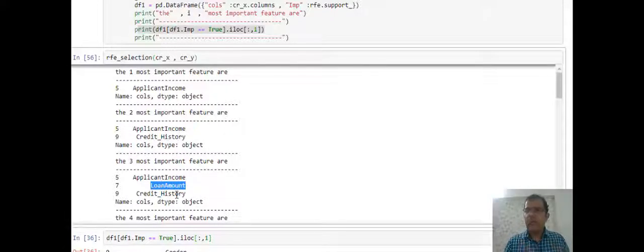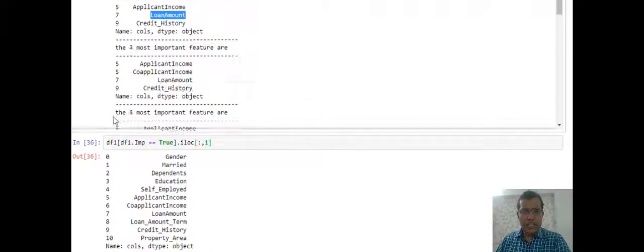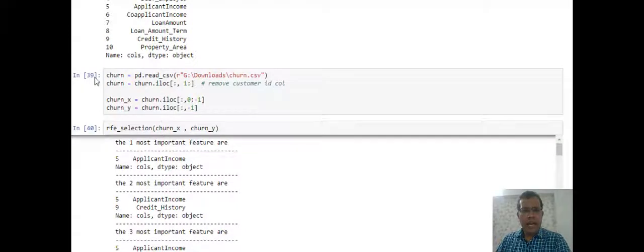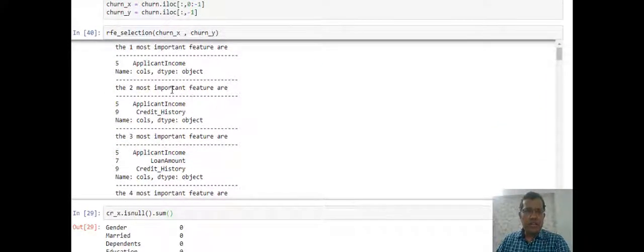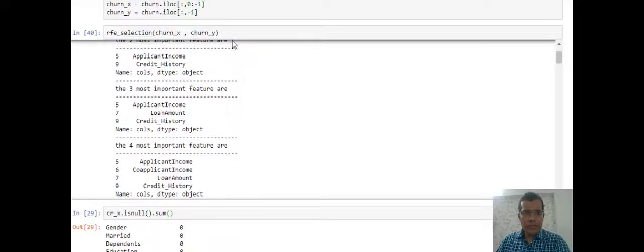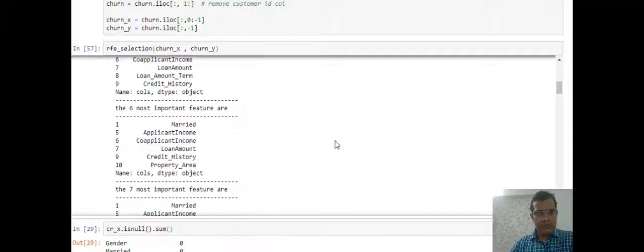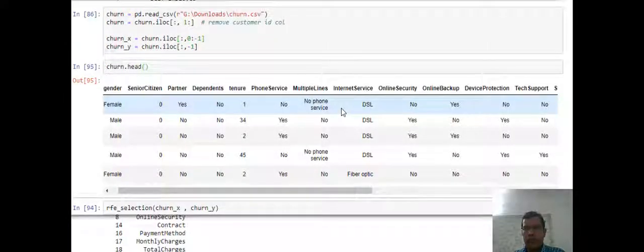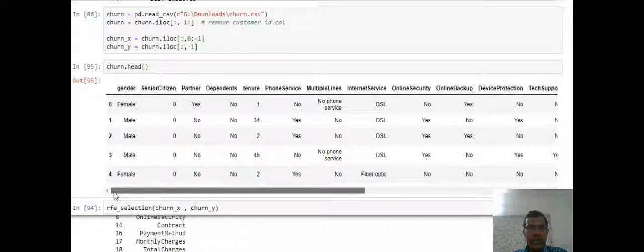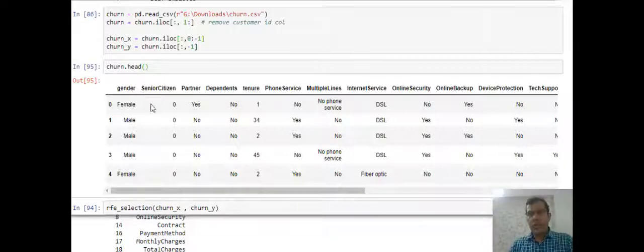And similarly, I have done it on my churn data also. So over here also, if you notice, let's give a try on another data set, that is your churn, and these are the variables. It's quite a big data set in terms of columns, if not in terms of rows. These are the columns, and then at the end you have the churn column, with yes and no values. When I give a call to my program with churn x and y, you can notice what it gives.